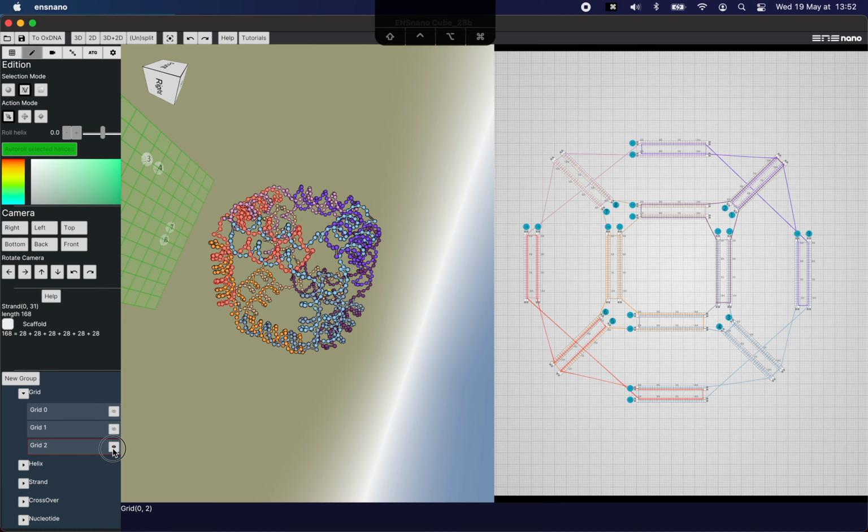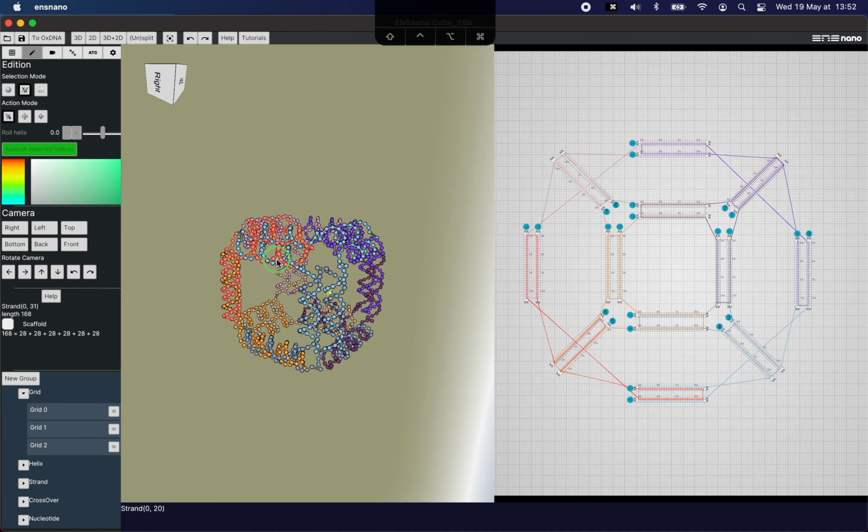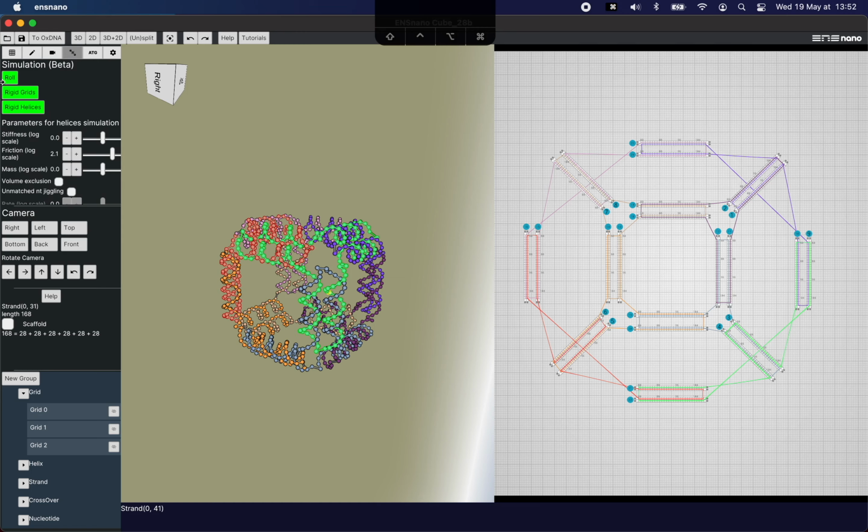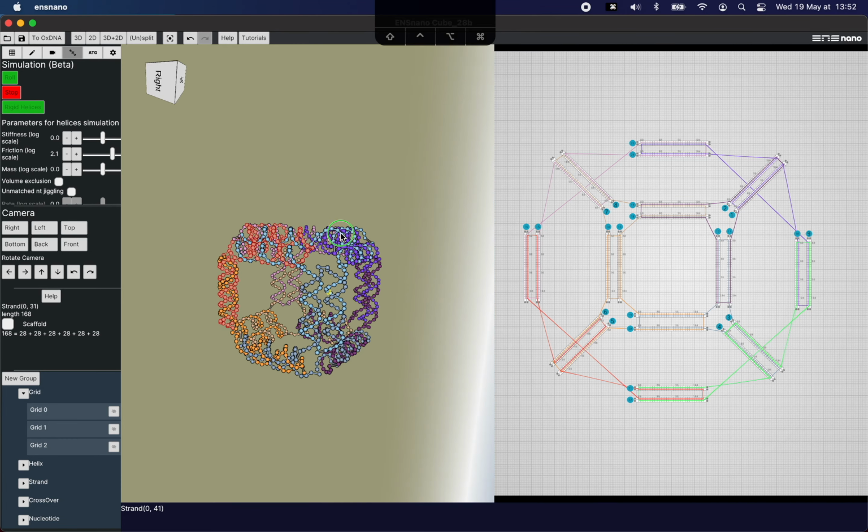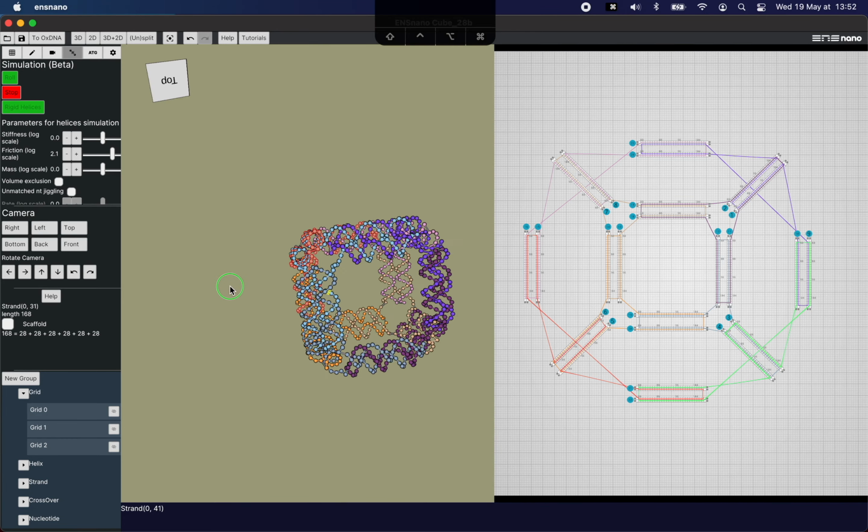We can hide the grid now using the organizer here. And once we have rolled the helices, we can run the rigid grid, just to check that nothing bad happens when parallel helices are constrained to be together.